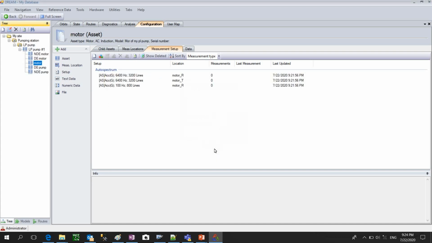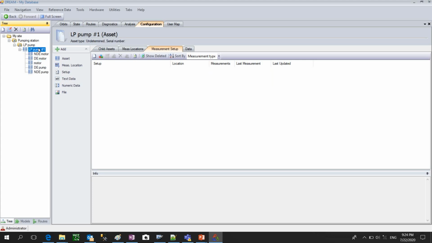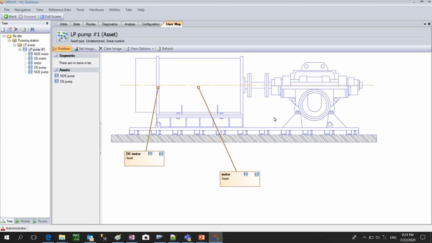Okay. And we also create a pump impeller itself. So here we have drive end pump, non-drive end pump,